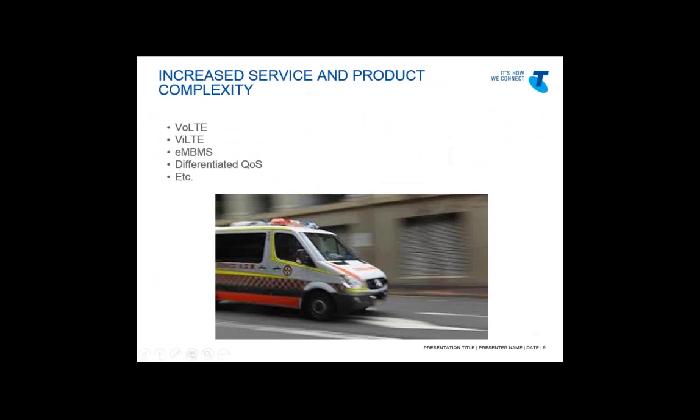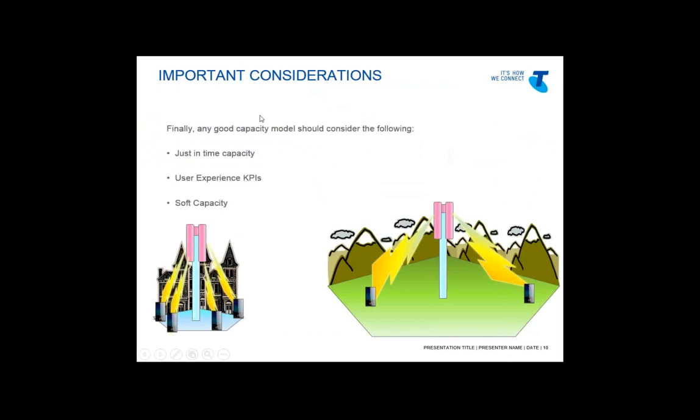And finally, just to summarise, and Bruce, the speaker after me, will go into this in a great amount of detail. A good capacity model or good capacity processes should, in my opinion, consider the following three fundamental things. They should be capable of performing just-in-time capacity expansions, or what we mean here is that we need to know ahead of time that a given cell or a given site is going to run out of capacity, and know with sufficient lead time that we're able to actually build the hardware at the point of which we will stop